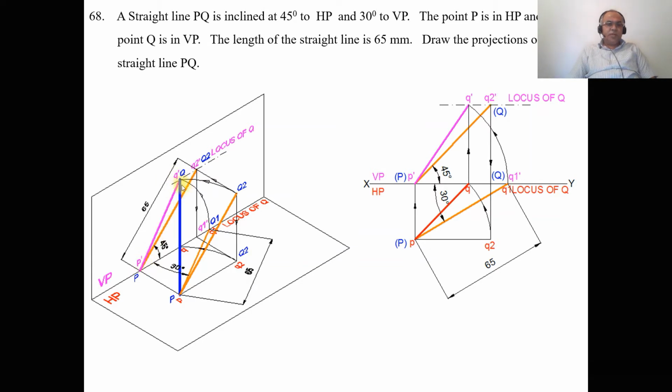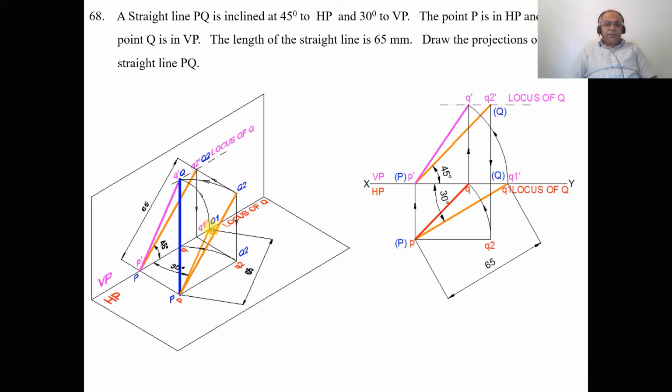As we get this Q dash, you are going to get the capital Q here, and this point will be joined, and this will be the line which is the actual line in space. So how are we getting that? Here, how exactly are we trying to do that? When we take this P and Q in space, you are going to get this point directly Q1.